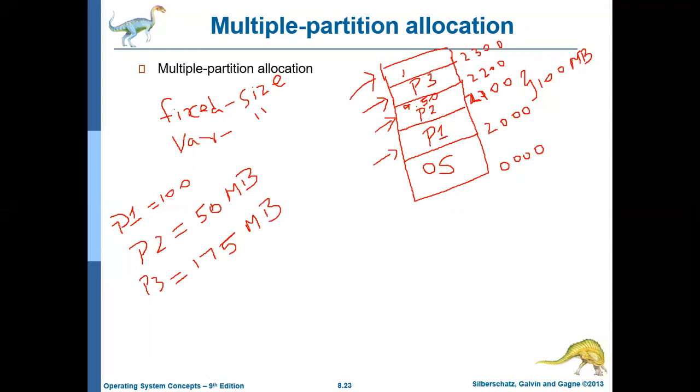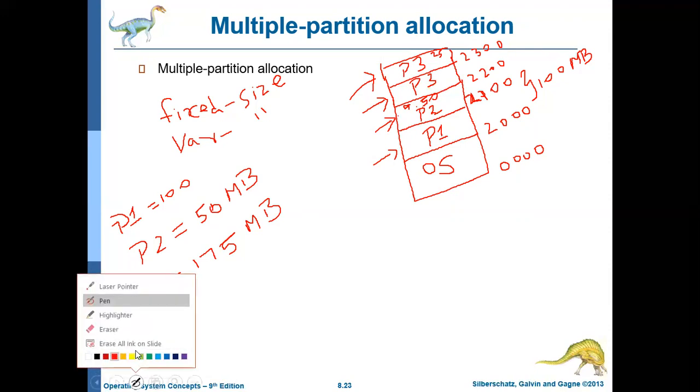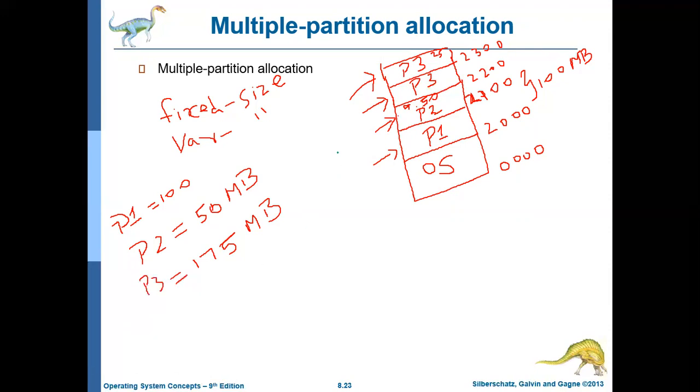Again, it will allocate another slot also for P3. But here it needs only 75 MB, so in this block 25 MB will be wasted. Again, for P2, 50 MB is wasted. So totally, the wastage is 75 MB. 75 MB memory got wasted.